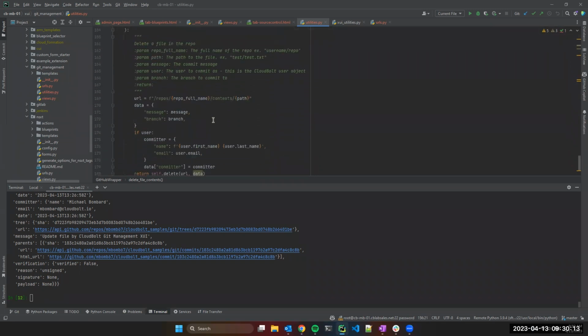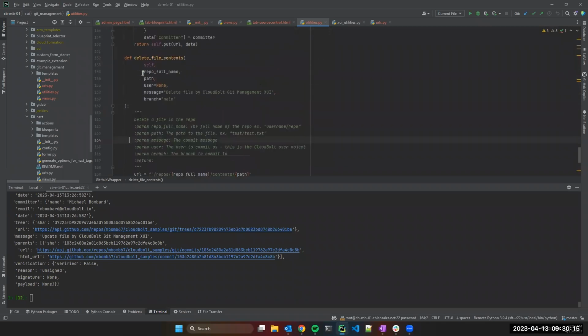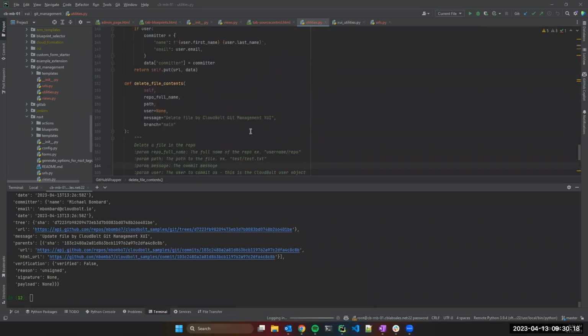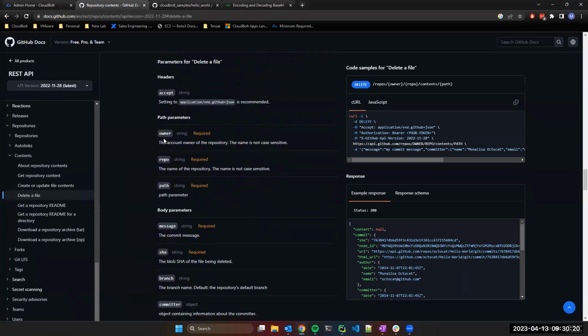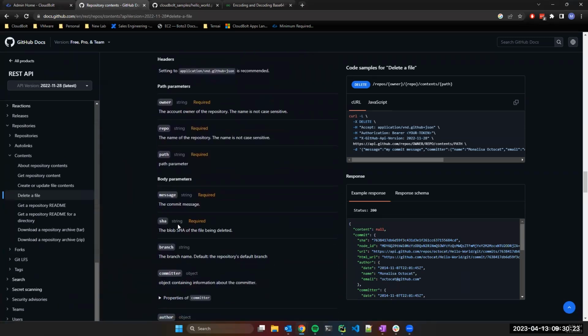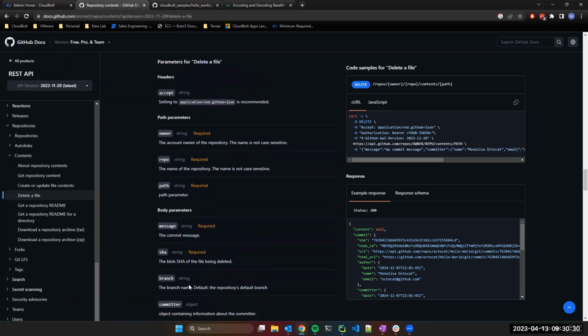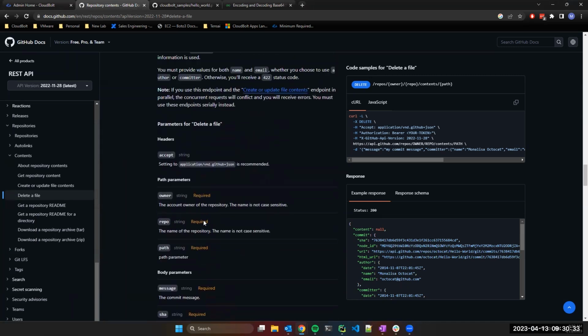I think that there ends up being a commit here. There probably is. So I think we probably need a lot of the same information here. Yeah, so we do have a message. We could update this. We have the committer. So a lot of the same information, still looking for the branch, those kinds of things here. If there's anything else additional that we would need, I think this is pretty straightforward,